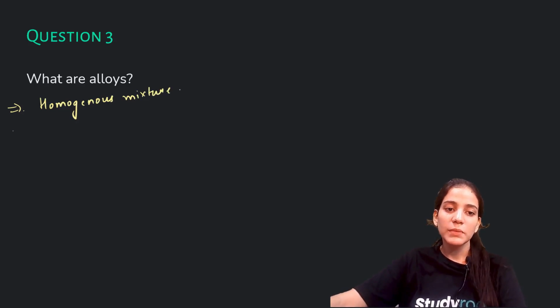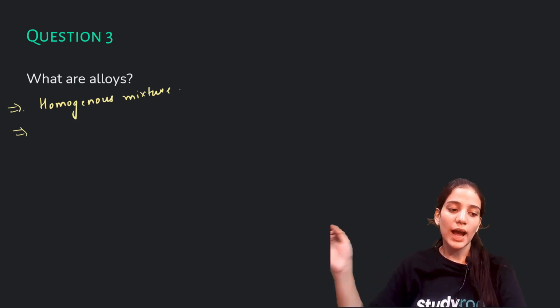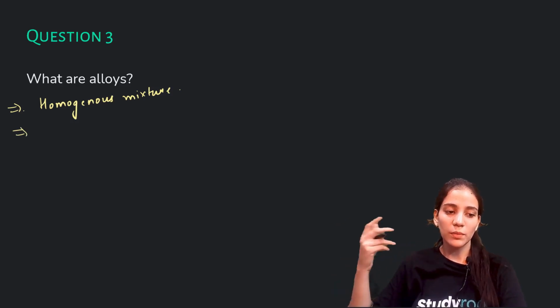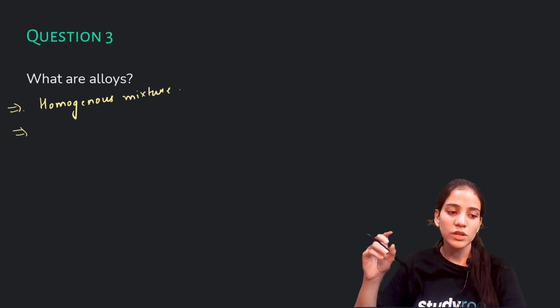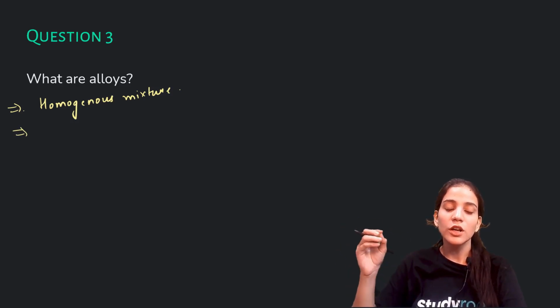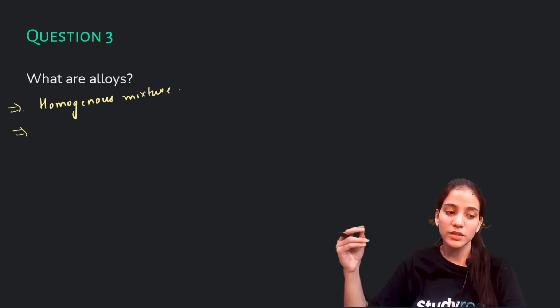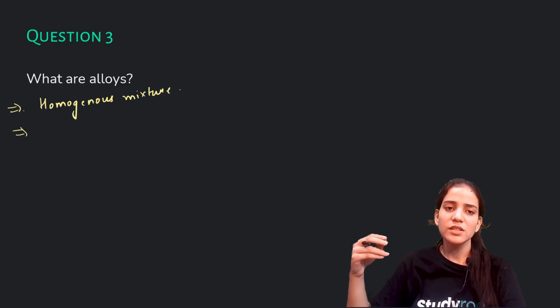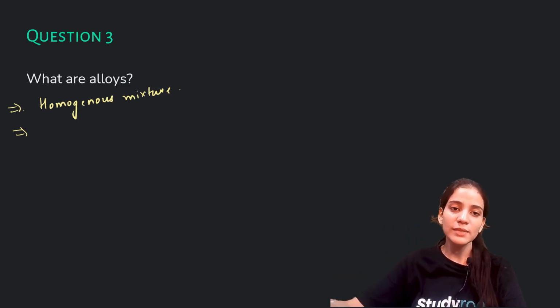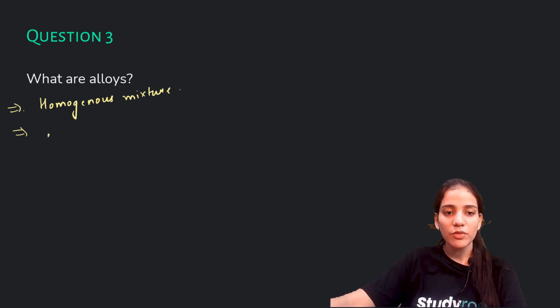Certain metals or non-metals can be added to metals in specific ratios to form alloys, to confer certain properties to metals, or strengthen some of their properties. So basically, to get the desirable properties. Examples of alloys we saw were brass, bronze,